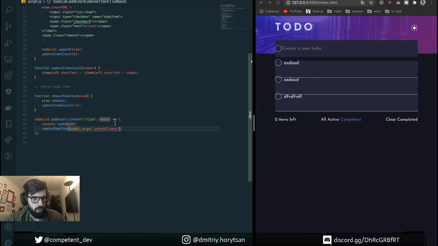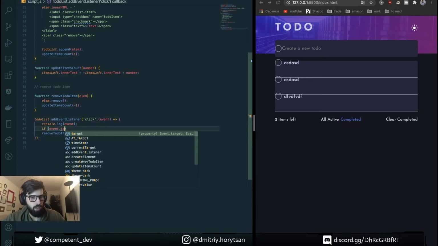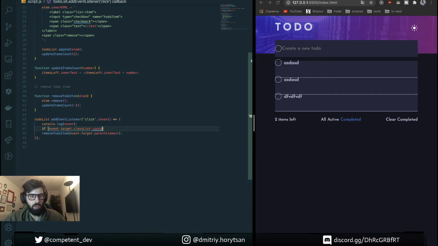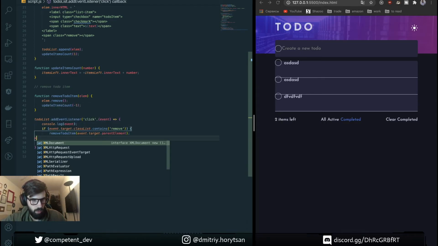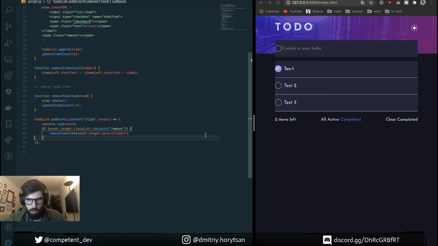Add event listener click, and if event target class list contains remove, then we're doing this check.